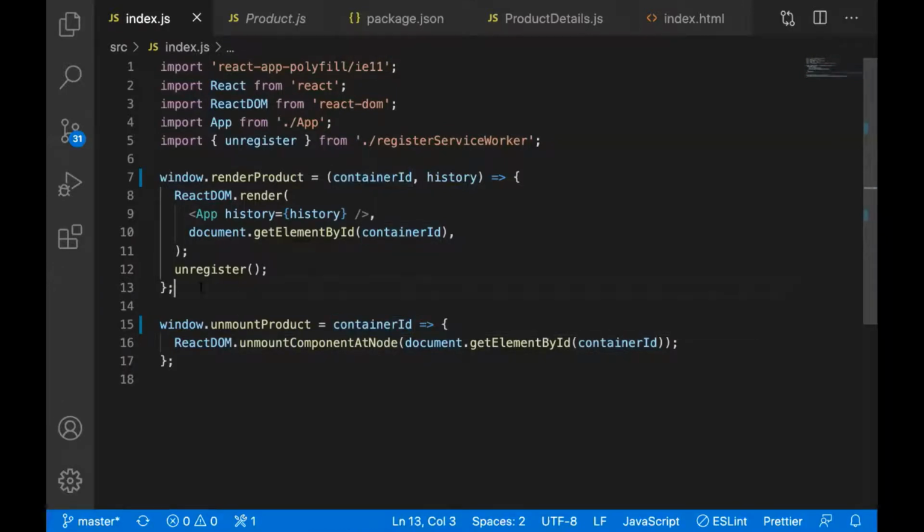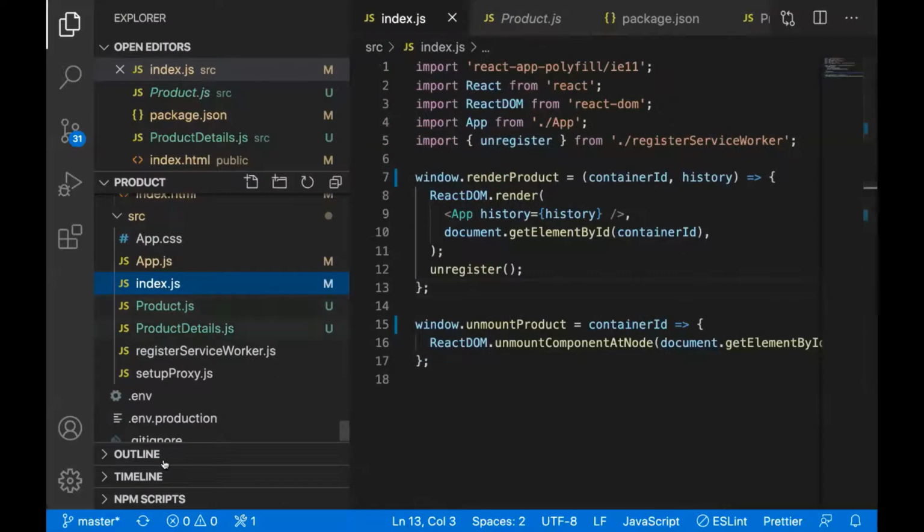So in the index.js for the micro frontend, there are two methods, one to render the micro frontend and one to clear the micro frontend, clear the data. That was it. Another thing is that whenever we develop a micro frontend, we are composing every micro frontend into the container app.